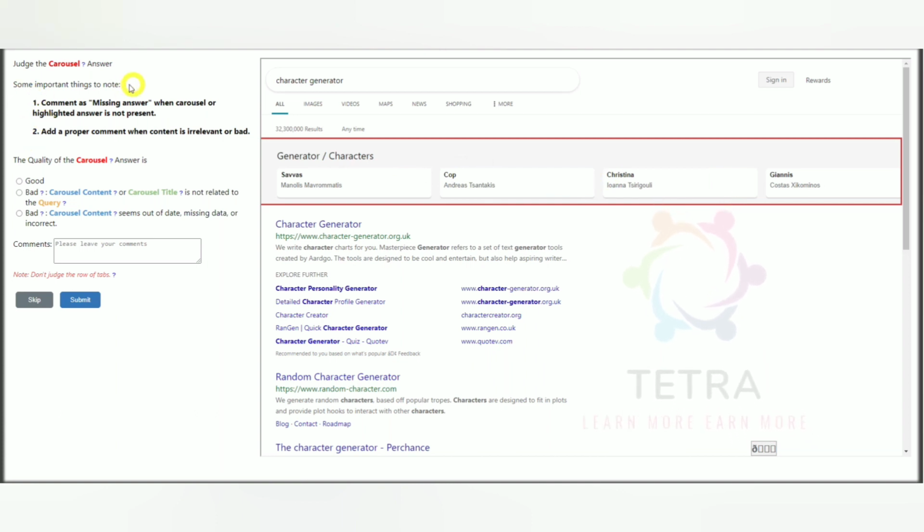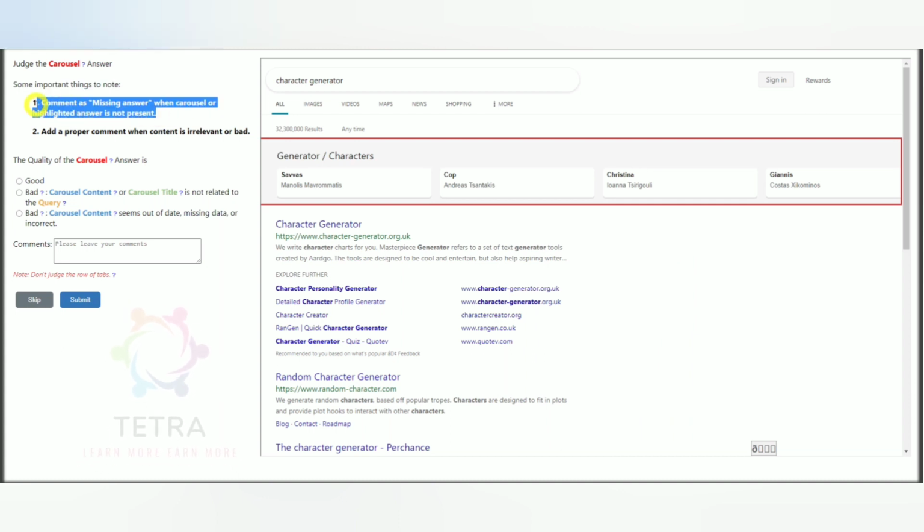Some important things to know. You have to note these 2 important things. Comment as missing answer when carousel or highlighted answer is not present. So you have to comment here. It is good if you write the comment.